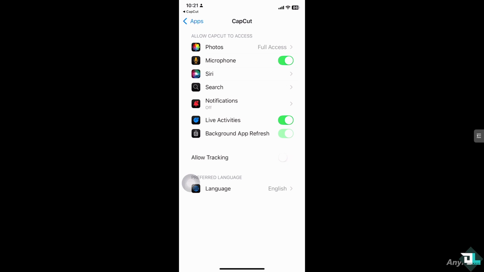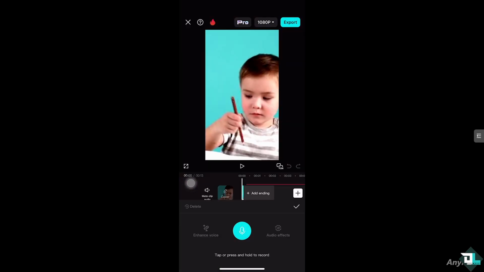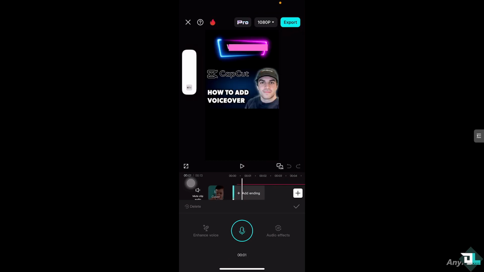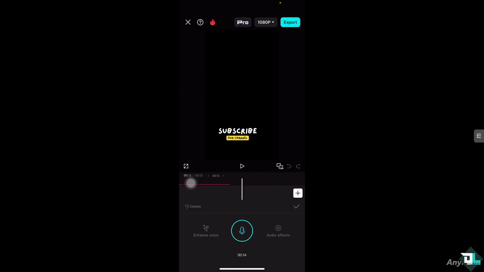And then the next thing is we're going to get back to CapCut, and then go to the record button. It's counting now. And of course, you can proceed to record. All right. So once doing this, as you can see, a voiceover will allow you to explain, narrate, or add commentary to the visuals in your video, which is kind of helpful if you are working with